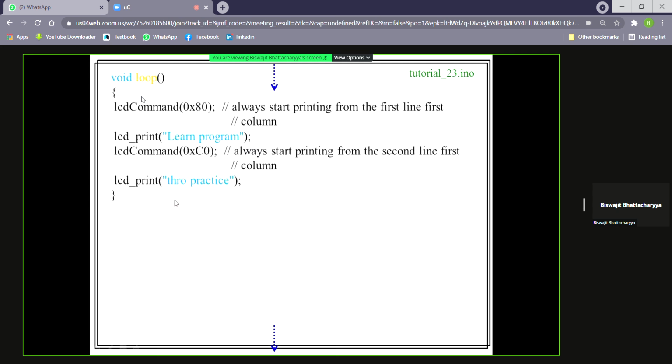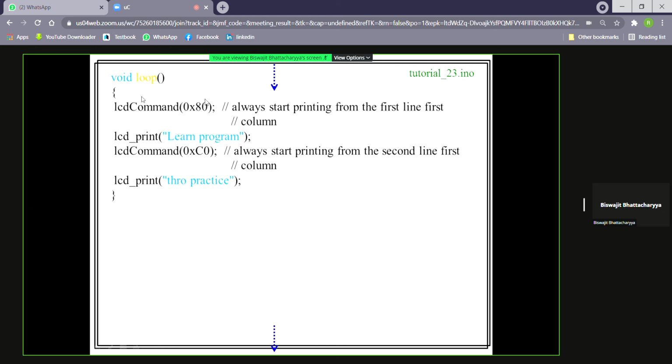Next, our LCD command. Now we write 80 hex. When we write 80 hex, what is it? Our printing will always be from the first line, first column.